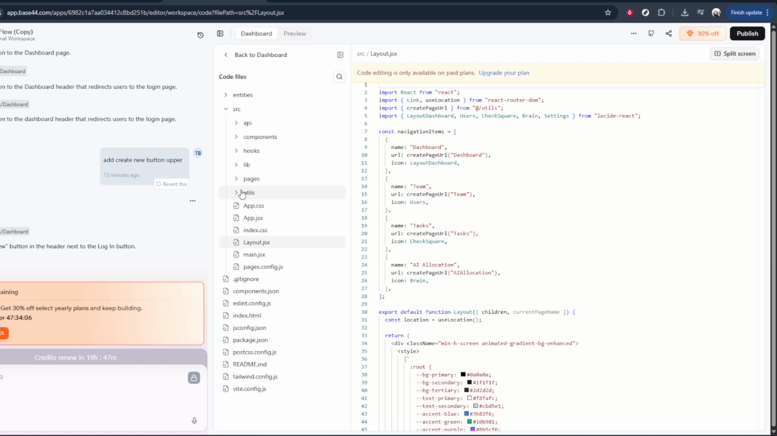That's all you need to do to find your app code in Base44. Open your app, go to the dashboard, and then click on Code. Follow these steps whenever you need to locate your